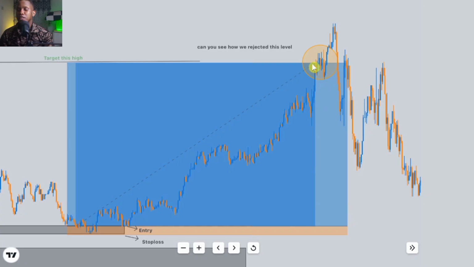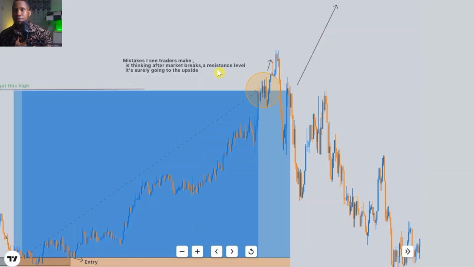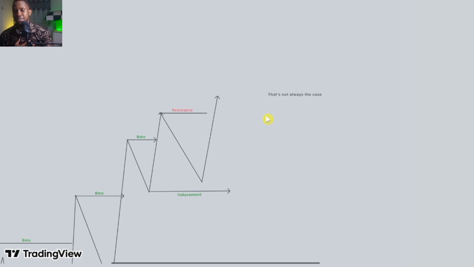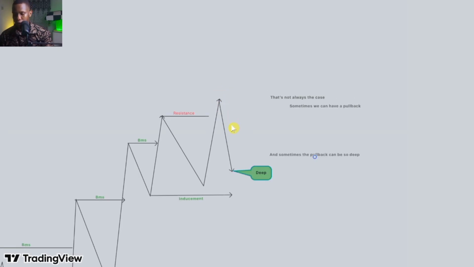Can you see when price action got to this unmitigated single candle order block, we started having some kind of rejection, guys, which later was broke. Mistakes that C traders make is thinking that after market breaks a resistance level, that it is surely going to the upside. It's not always the case. Sometimes once price action breaks a resistance level, it would sometimes have a pullback. The pullback could be short, sometimes it could be deep, and sometimes it could come and be a potential market